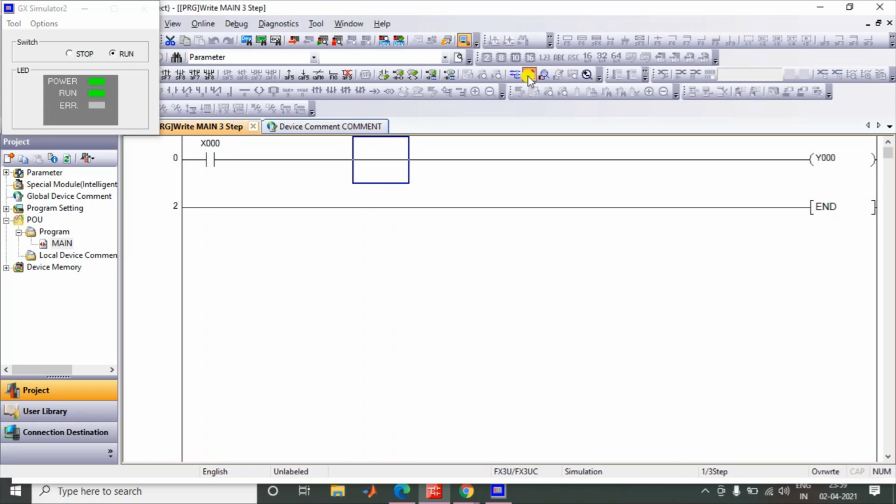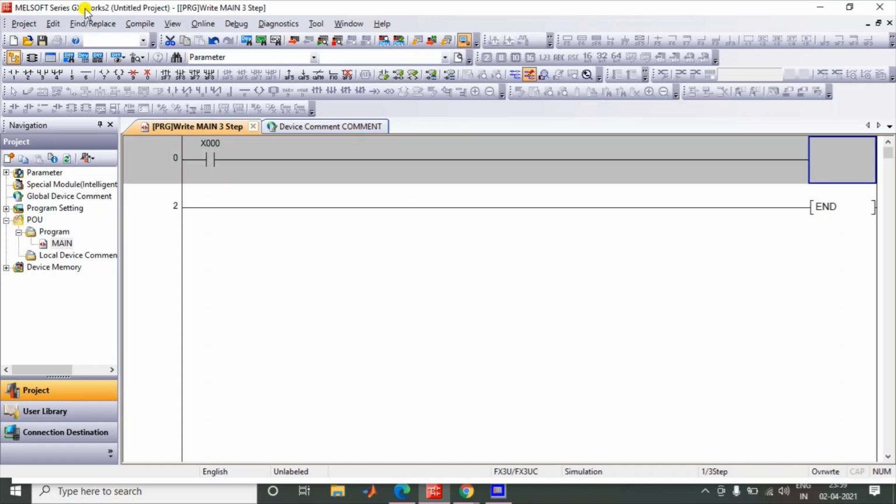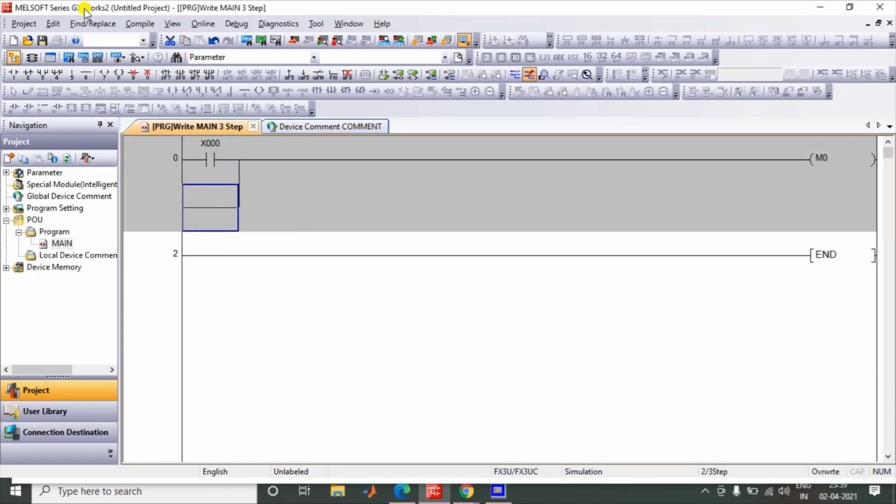So from here I'm going to create that logic. Before creating it, I have to understand the steps: what am I going to do in actual. What I understand is that I am going to press the button for the first time. So I will create a memory with which I can remember that I have pressed the button one time.